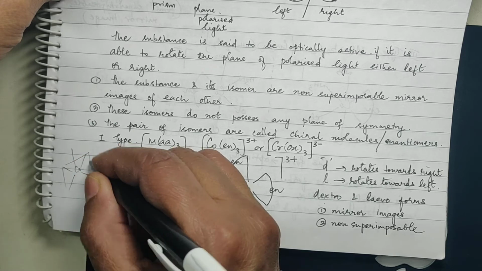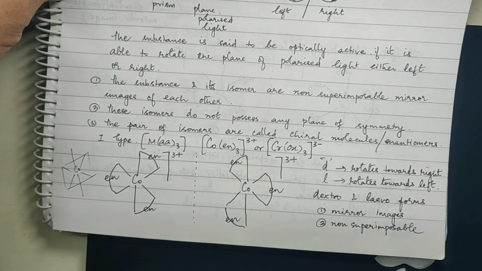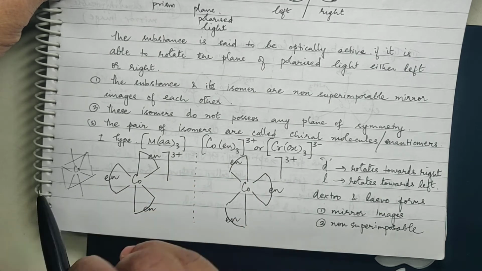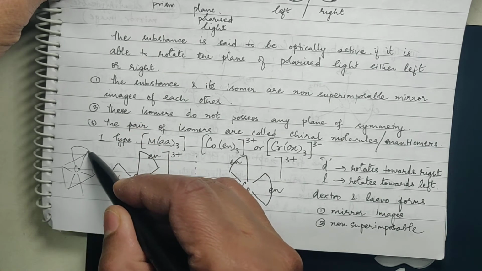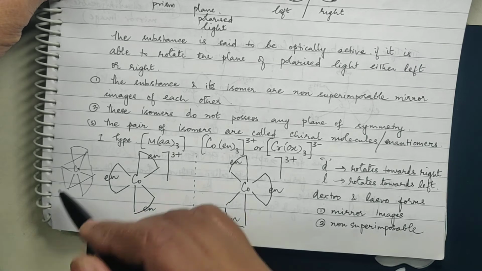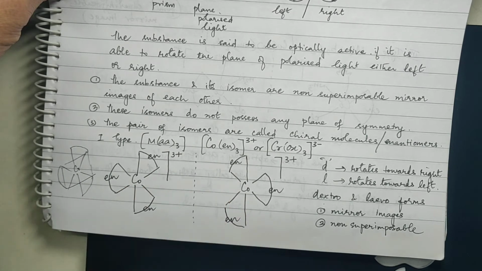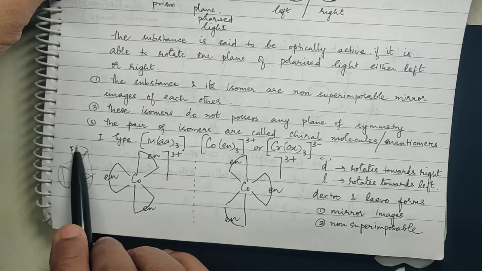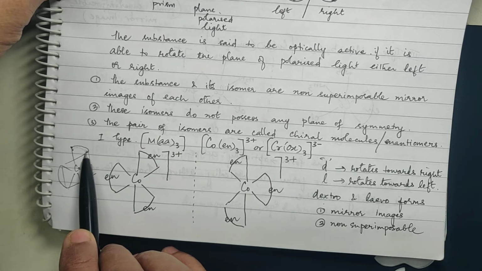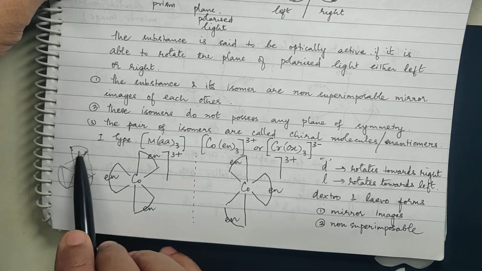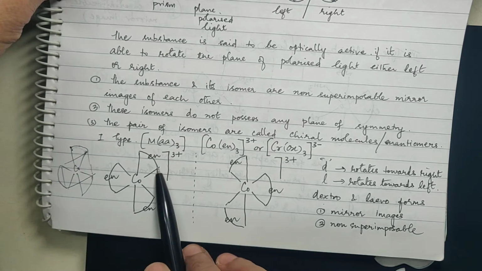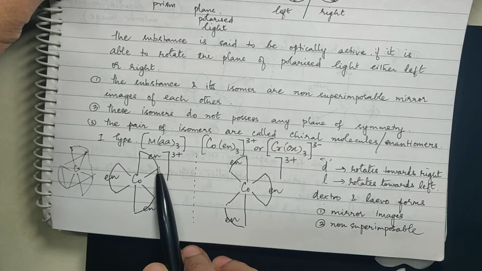This is octahedral. What did I tell you? Occupy 2 corners. These 2 corners, these 2 corners, and these 2 corners. There are only 6 corners in an octahedral. There are 8 faces but 6 corners. So just attach 2 adjacent corners through the donor atom of the ligand. So that's what is shown here, right?